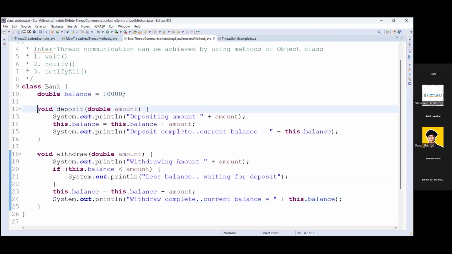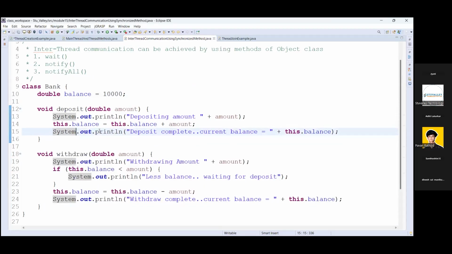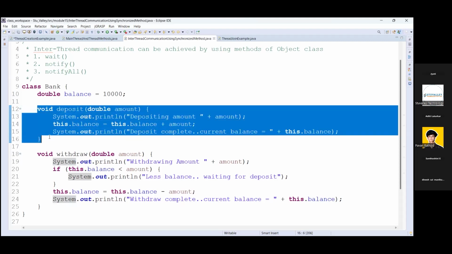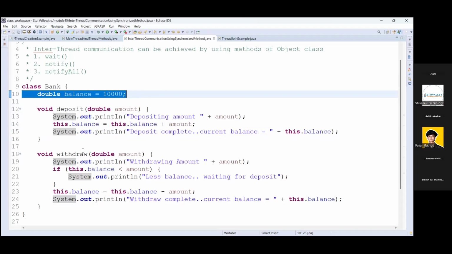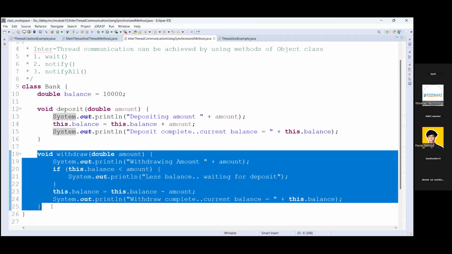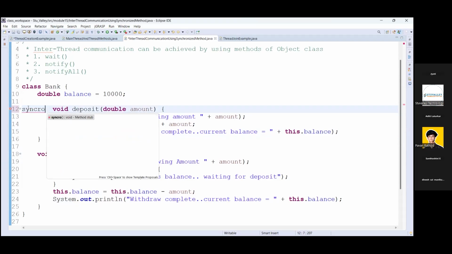Now, I want to make these methods synchronized. Synchronized methods always work synchronously. That means if we are calling the deposit method, it will lock this particular resource and perform its operation. Then it will release that variable after completion of its execution, and then it will be assigned to the withdraw method or any other resource which is waiting for it.